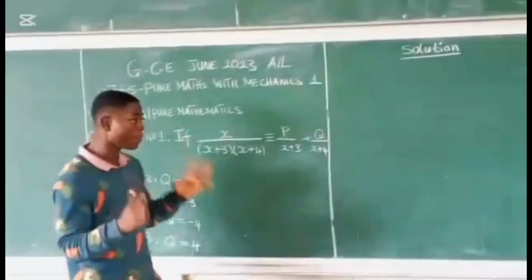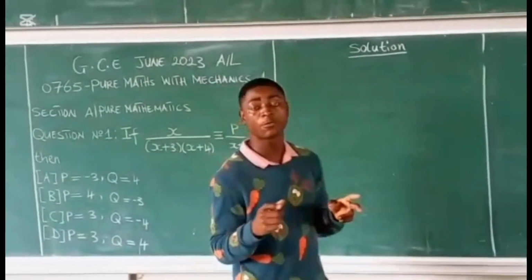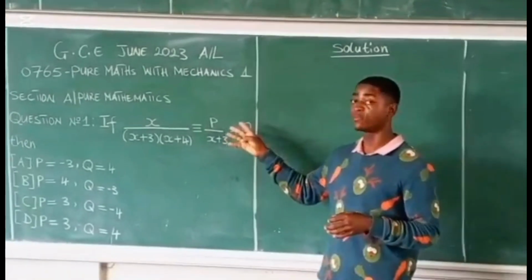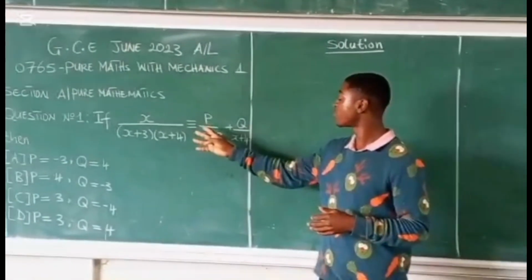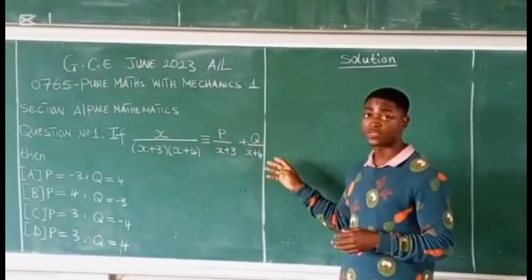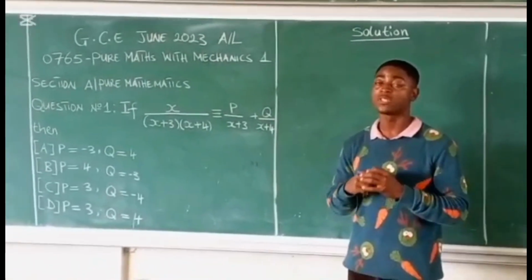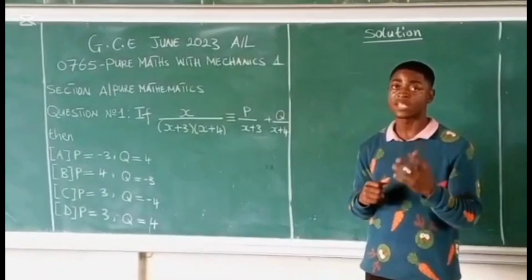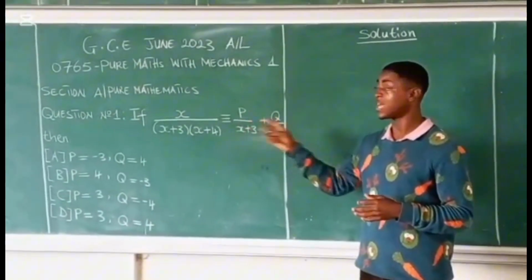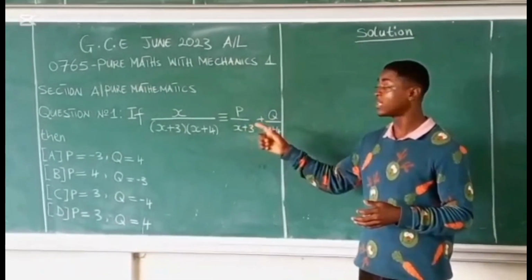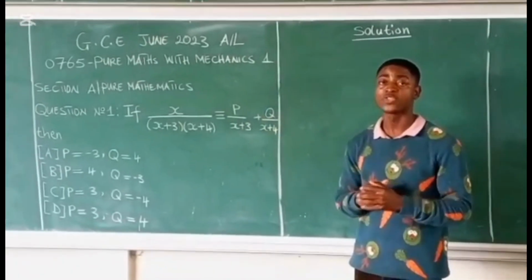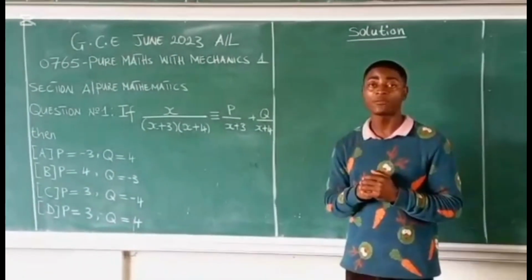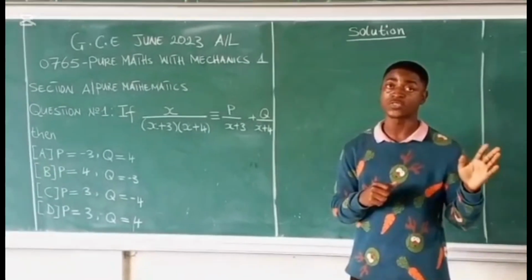Now, I would like us to analyze two things before we begin solving this problem. As you can see, this is a partial fraction problem where the fraction has been broken down into its partial fractions, except that we are to determine the values of p and q respectively. Secondly, this fraction has as denominators non-repeated linear factors. So there's going to be a particular way to approach this question. Without any further ado, let's get right into the solution, guys.